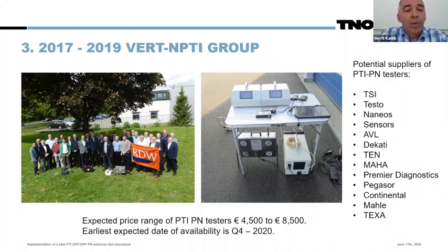And in this group, researchers, metrological institutes, policy officers, our main task was to define new, cheap particle counters for the periodic technical inspection. And in 2 years, we managed to specify this and to have common sense. And in the end, the Dutch government, the Dutch ministry,